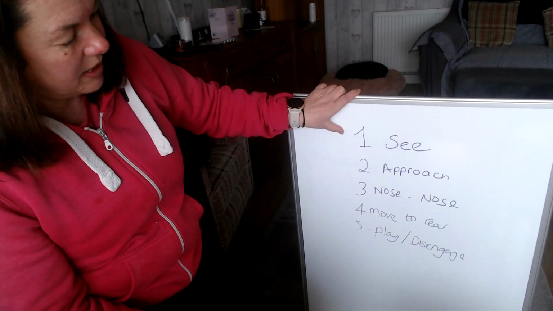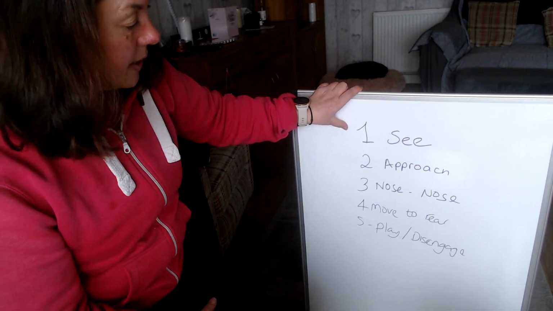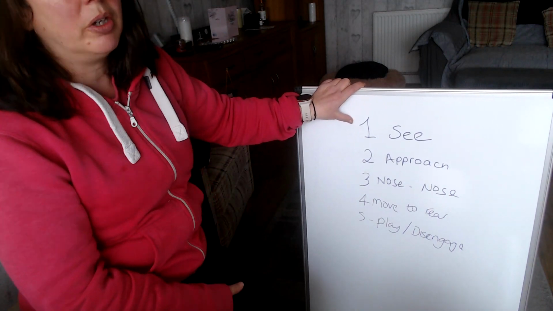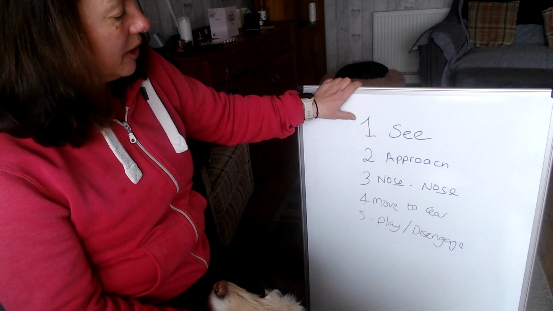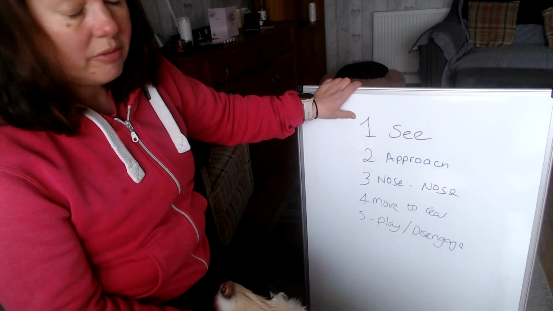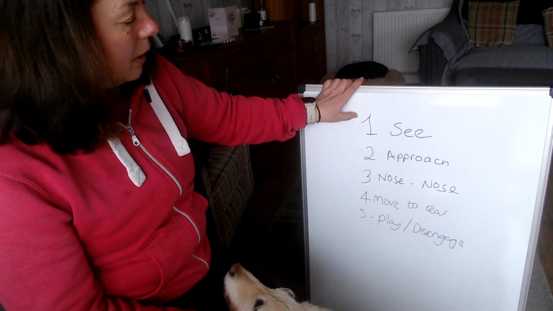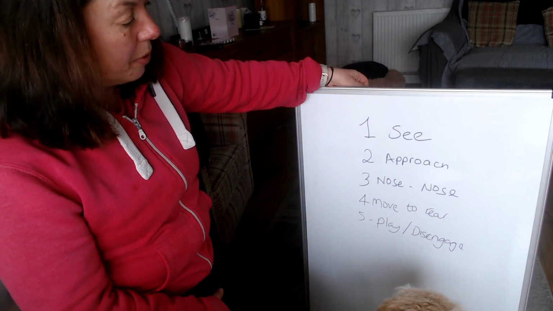So number 1 is seeing the dog in the distance. That's the first part of the chain of interaction. If you have a reactive dog, quite often that's the point where the reactions happen, and the approach can be,